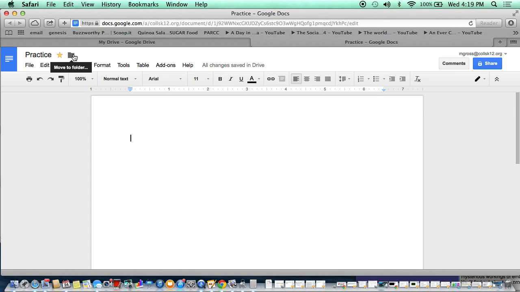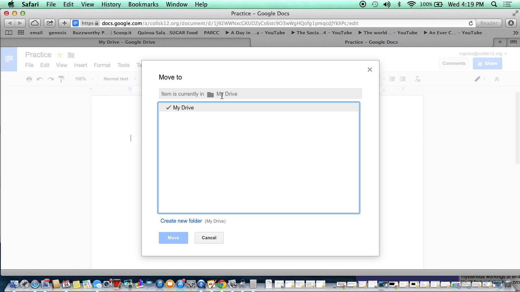Now, I notice after I have renamed the document, I have a little folder there. So that's another organizational tool that I can use to keep all of my documents that are similar according to a topic. I want to keep them all together. So it says there, move to folder. So let's just click on that real fast and see what comes up. Now, I notice right now that I have it in my drive, and that's the only folder that I have. That's good, but as I collect more and more documents, I really want to put them away in a nice safe